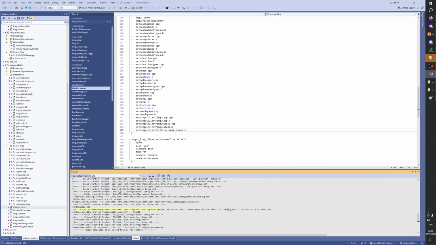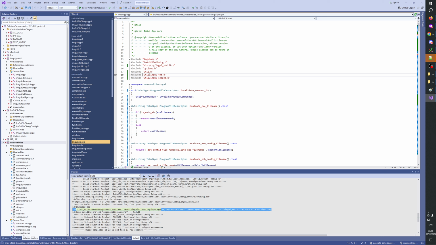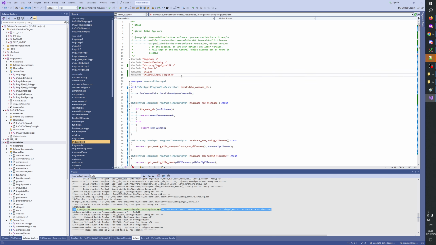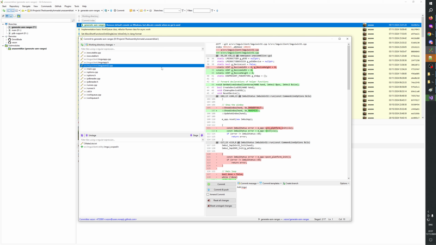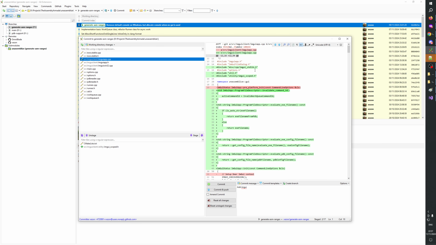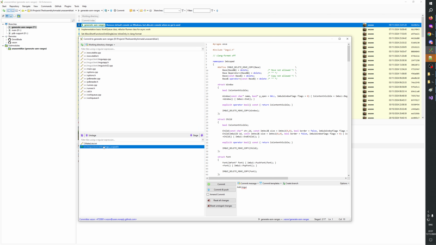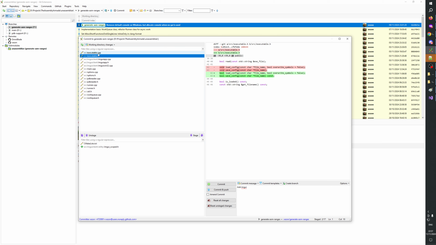Reload all. Utility. ImGUI app. Scopes. That's okay. We can edit here in this one. Okay, so